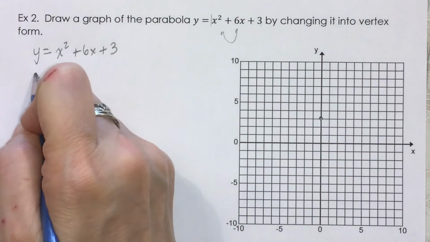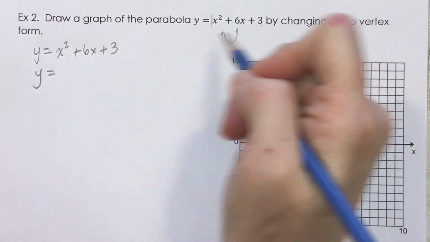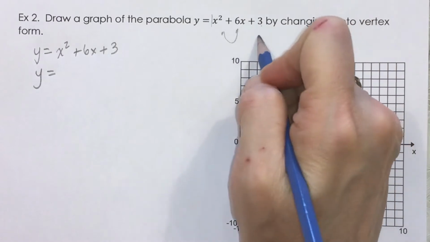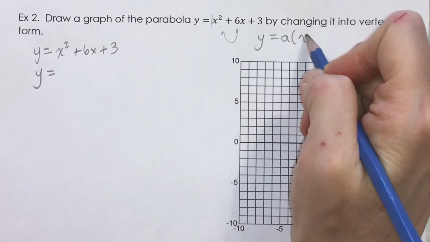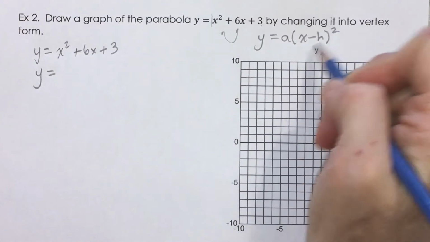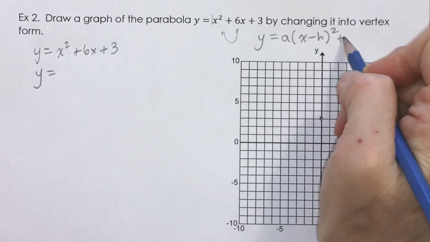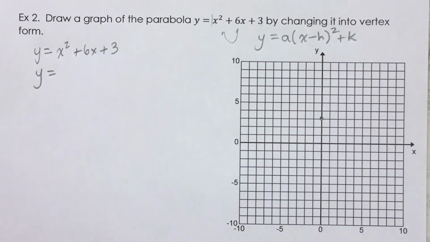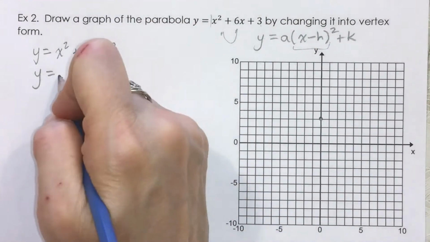So what do we mean by completing the square here? We're trying to go from this form into this form. So y equals a, which is a positive 1, so that won't affect us much. And then we need this x part of the vertex, and then our k value. If we change it into that format, we'll have the vertex. To get what I call the x part of the vertex, we have to do this thing called